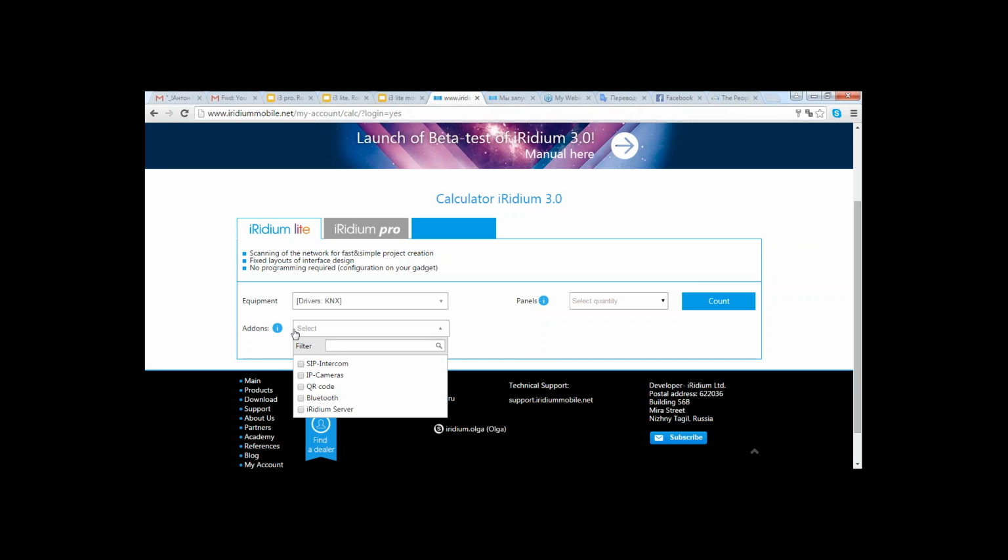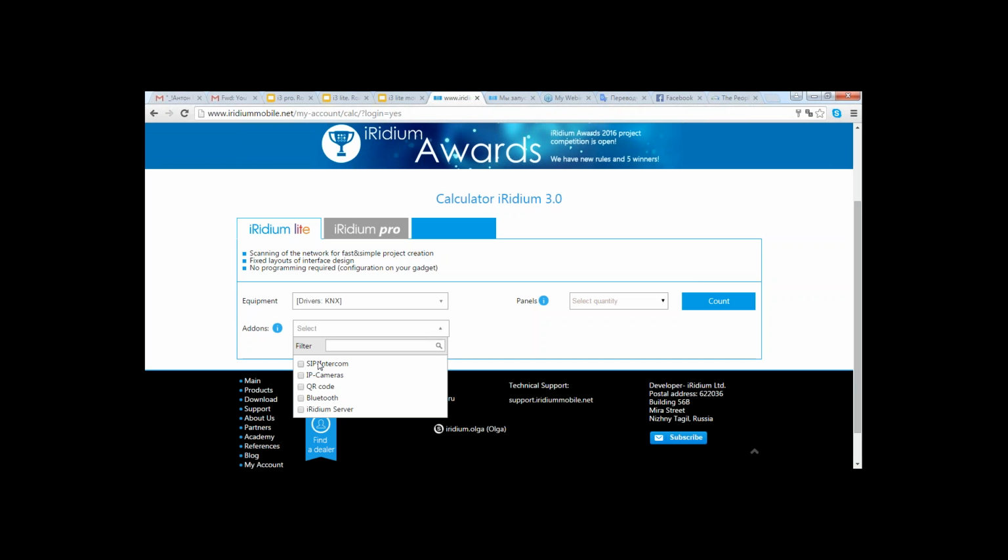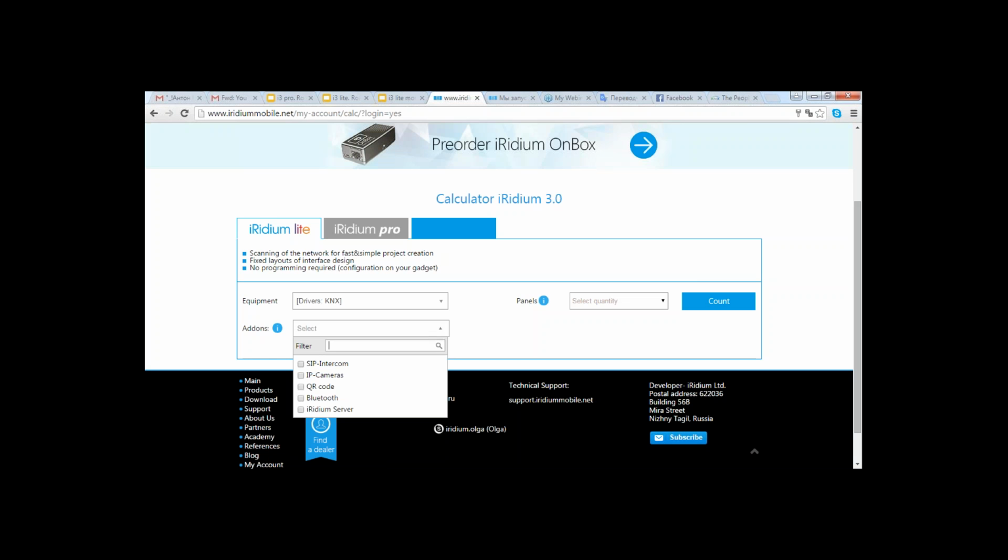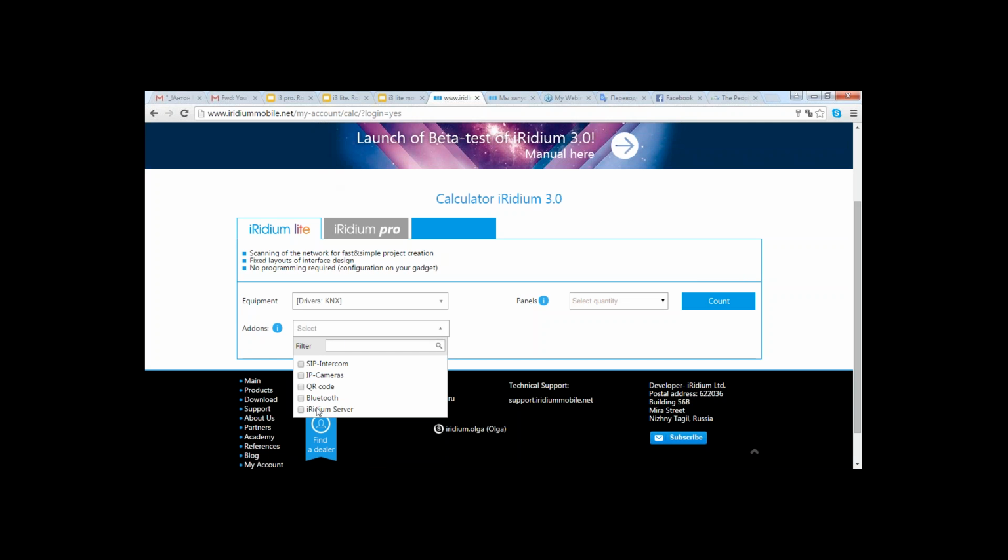Now, there will be add-ons like SIP intercom or IP cameras. If you don't need these functions in your project, you don't pay for them. I think it's logical. As well as in iRidium Lite, we have iRidium Server as an additional option. So it means in the price of license, the server is not included.